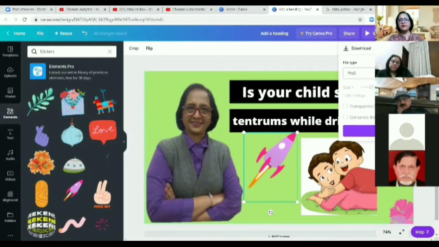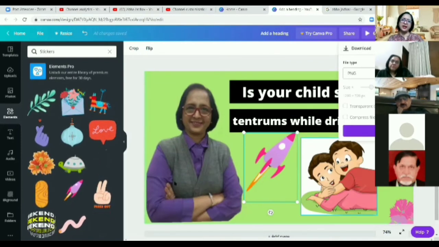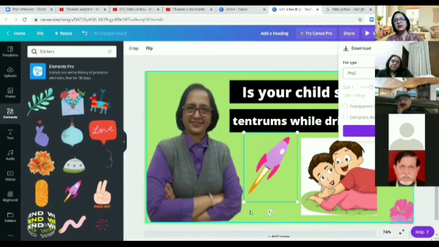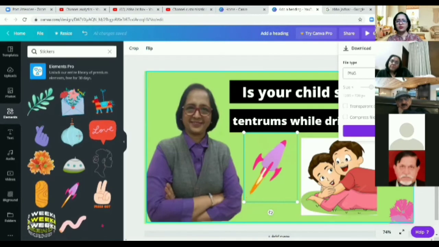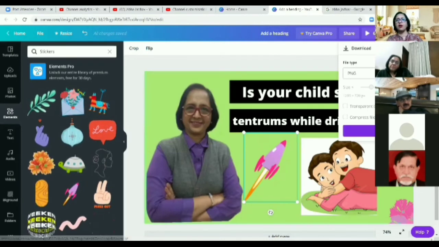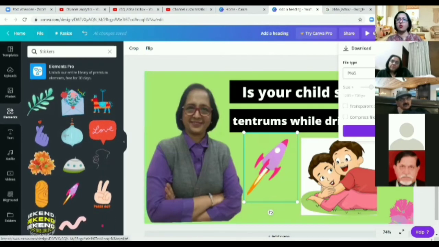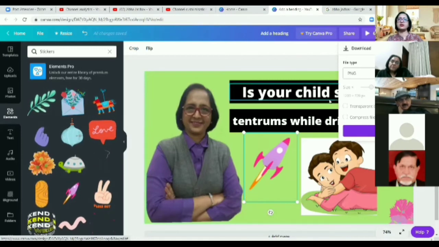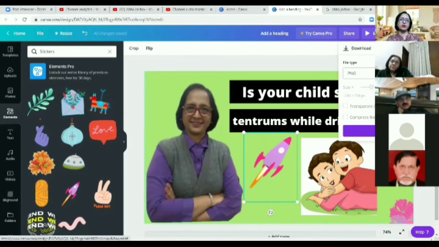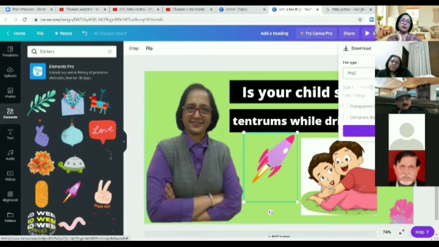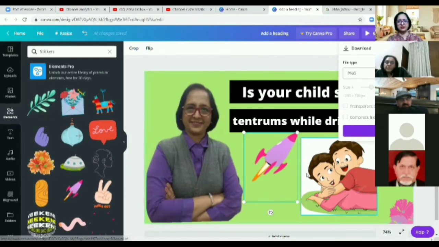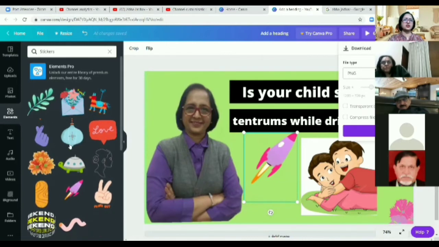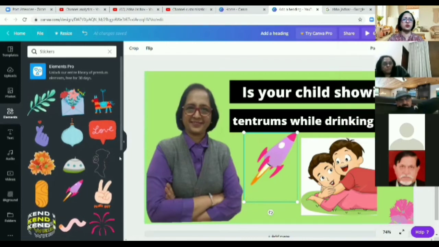Now, if any of your image or text or font is of a paid version and not allowed in your free version, this will not download straight away. It will show, okay, this thing is not allowed. This thing is not allowed. So if you want to use this item, you have to pay. So better you delete that thing and use some other thing. For example, I'll just use one paid thing over here. I'll show you how it goes.